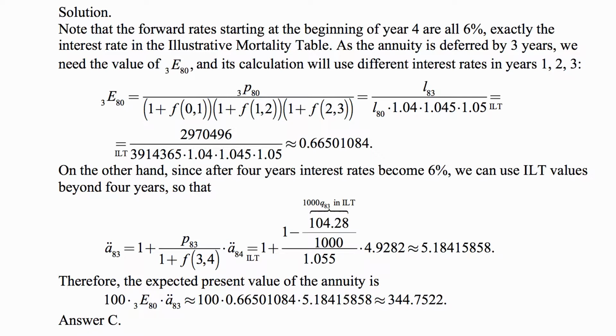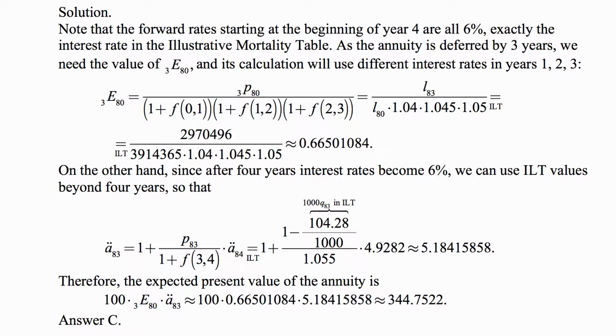Either way it works. And then plug it in and do the calculation. This comes out to be about 5.18415858, and the expected present value of the annuity that we're looking for is 100 times 3E80 times